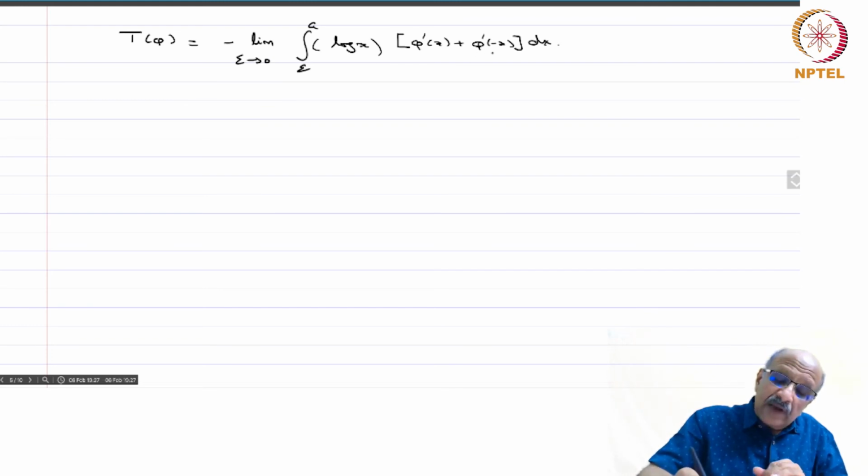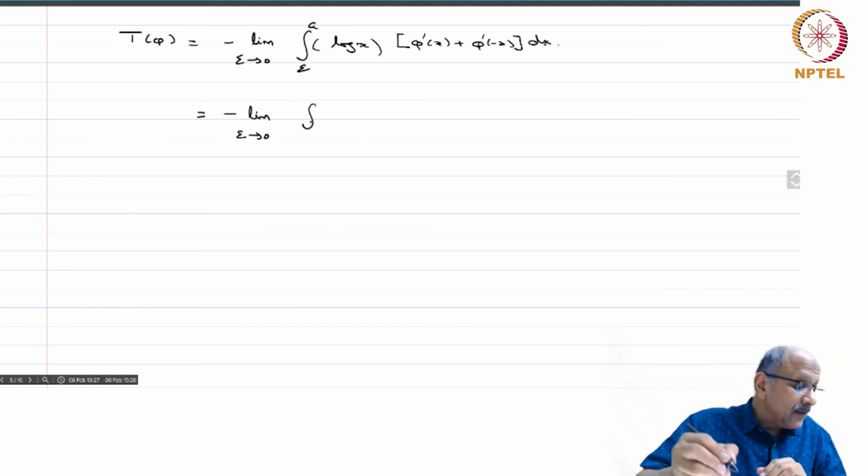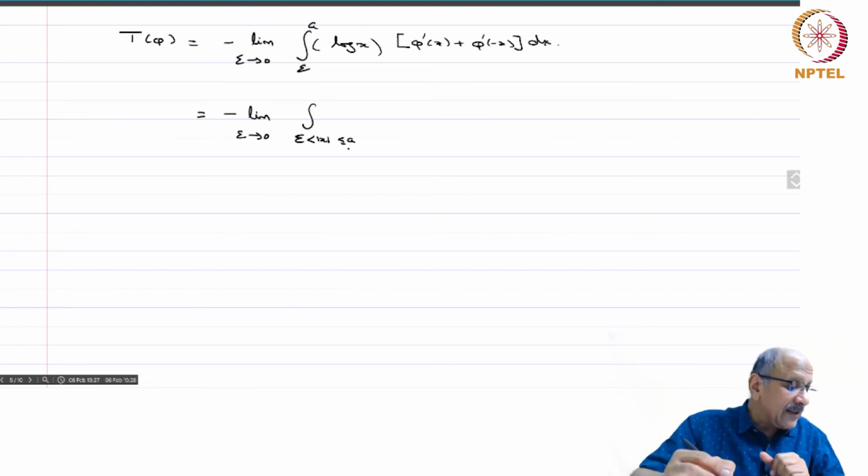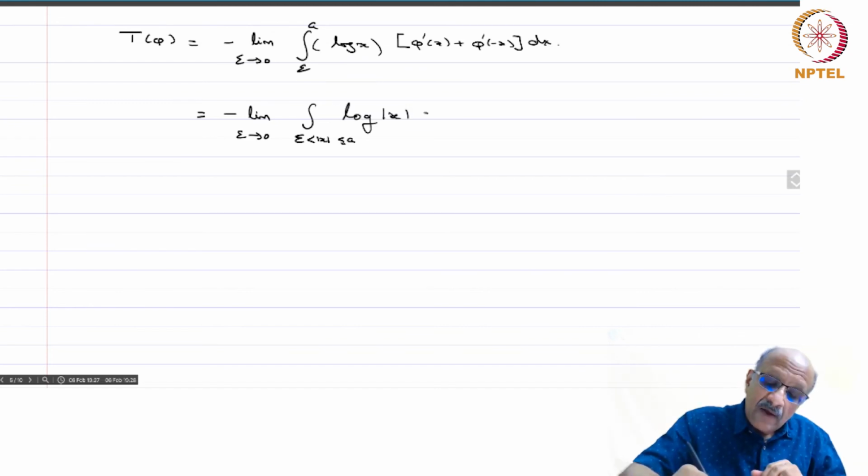Again you make a change of variable for this integral, y equals minus x, and therefore you will get minus limit epsilon tending to 0 of the integral over epsilon less than mod x less than or equal to a. There will be two integrals. The second integral will go from minus a to minus epsilon, and the first integral will be epsilon to a. So I am combining the two and writing it like this. And then when you change the integral, this will become log of minus x on the negative side, so you will get log mod x phi dash x